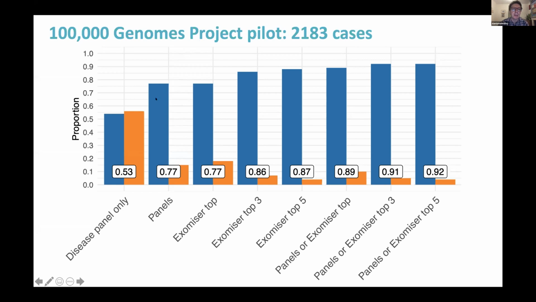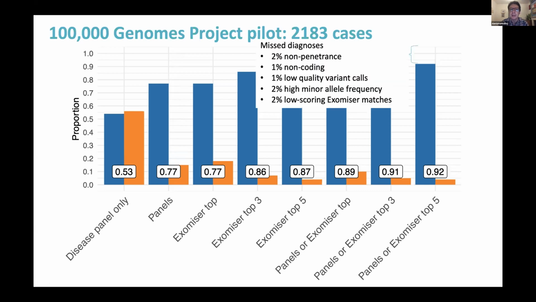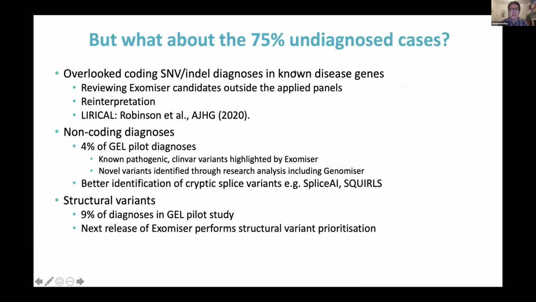So that approach using panels recalled 77% of the diagnoses. But using the phenotype-based approach of Exomiser, we could recall 77% as the top ranked hit using Exomiser. And if you go out to the top 3 or the top 5, you can improve that further to recall some 86, 87% of the diagnoses. And the panel-based and Exomiser approaches are complementary, so putting them together is even better. I won't focus on why we missed the 10% we don't, but basically